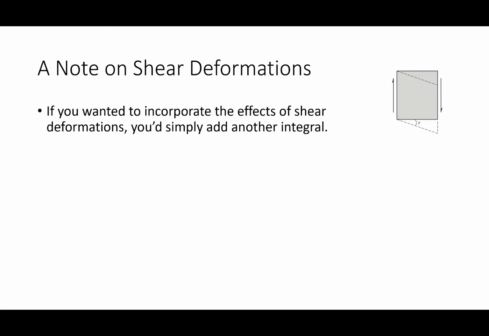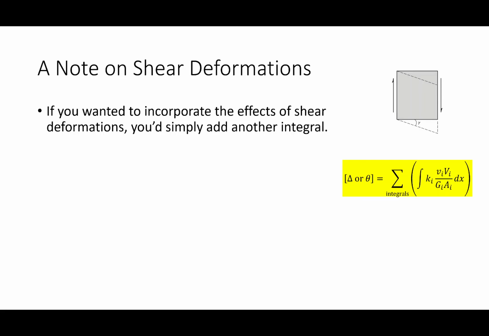So first off, how would you incorporate shear deformations? You would incorporate shear deformations the same way you would do this. Instead of a little m big M or a little f big F, there's a little v and a big V. It's very easy. You would just sum up the integrals of little v, big V, and then the material property is G, that's the shear modulus, you can look that up for any material, and then the section property is A.